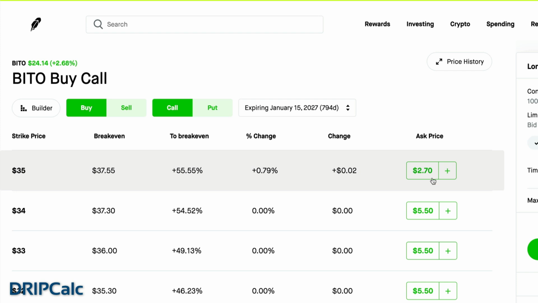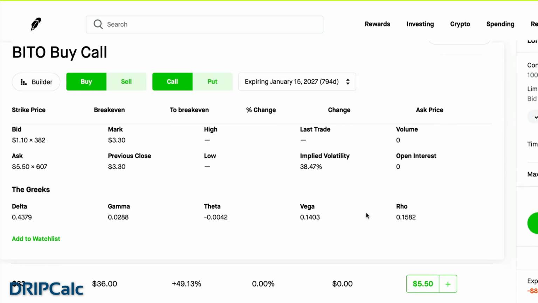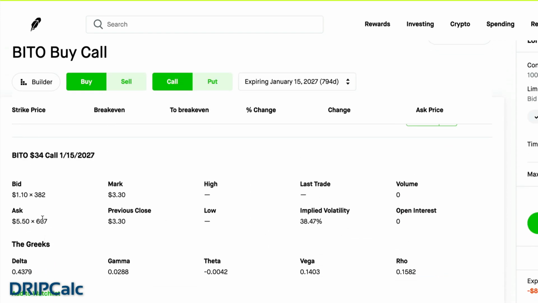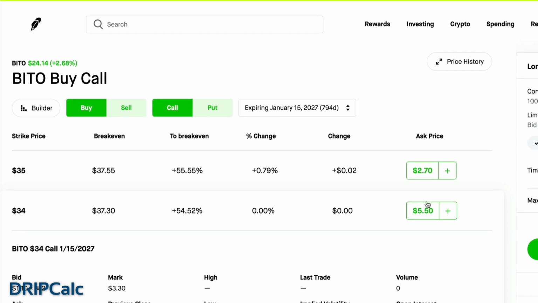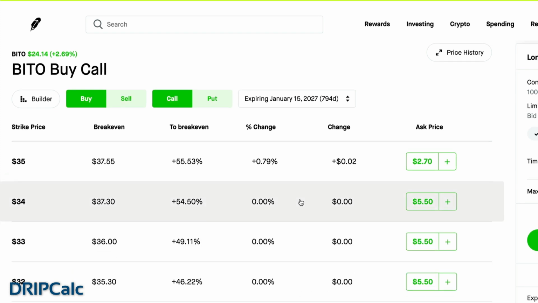But you can collect $2.70 right now, and I mean, look at that. Okay, so this is BITO $1, ask 550, so this is actually lower, but because I've done that before, when implied volatility gets much higher, you can actually collect like $5, $6, $7 for this, maybe even almost $10 for this far out covered call. And that's my strategy, because I think there will be a crypto winter within a year, and